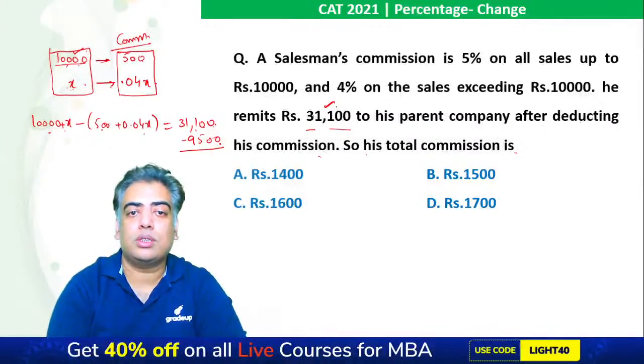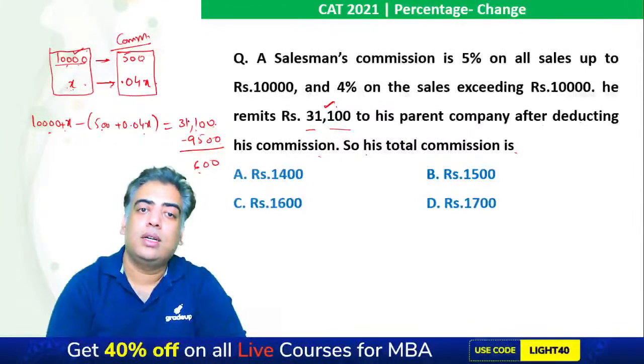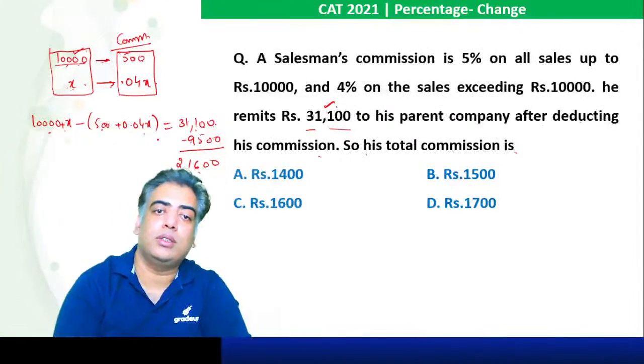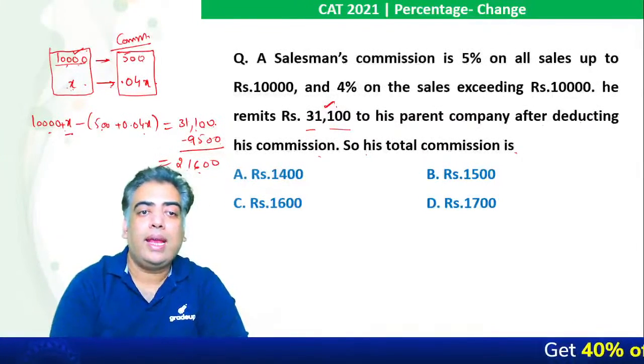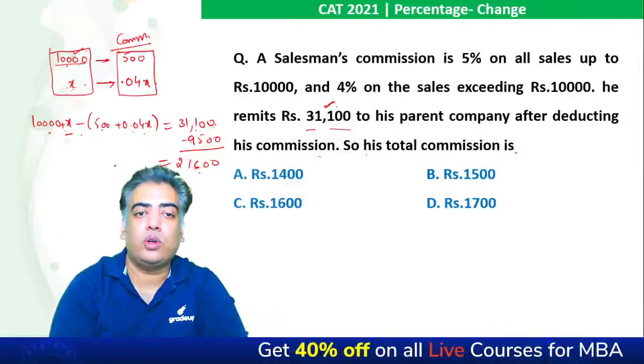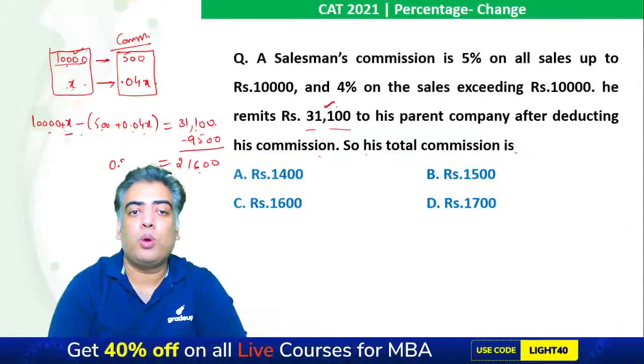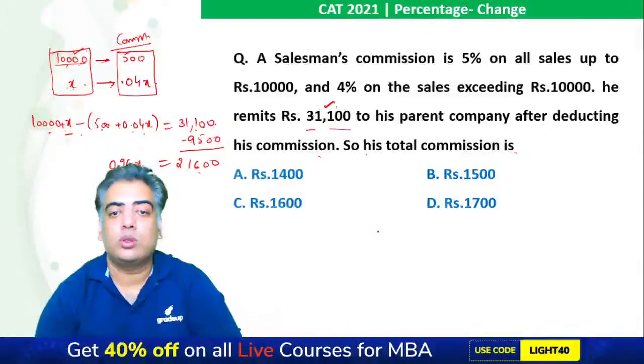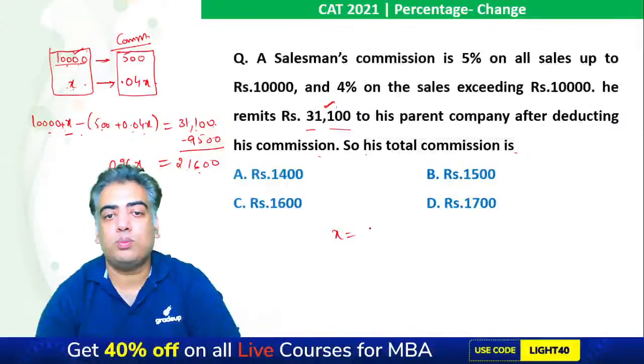So two zeros comes as it is. 11 minus 5 is 6. 10 minus 9 is 1. And here it will be 21600. On the other side, X minus 0.04X comes out to be 0.96X. So the value of X comes out to be